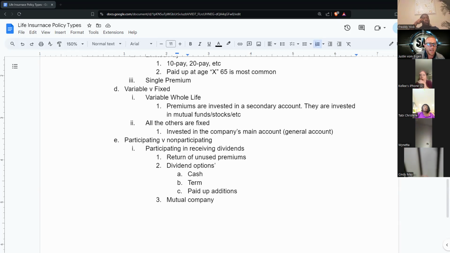So the benefit of a participating policy is that the cash value increases exponentially. What I mean by that is it's going to just start growing more and more over time. It's not increasing at a flat rate, like a steady 3%. It's going to be like 3, 3.5, 4, 4.5, 5, 5.5, 6.5. So it increases by more and more as time goes on.